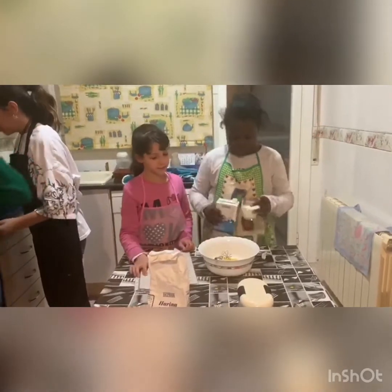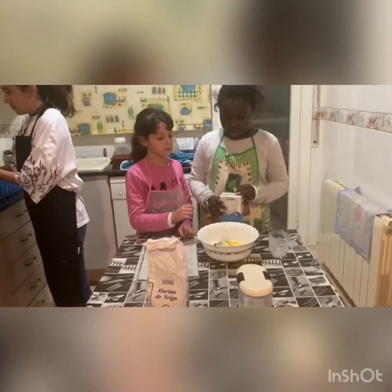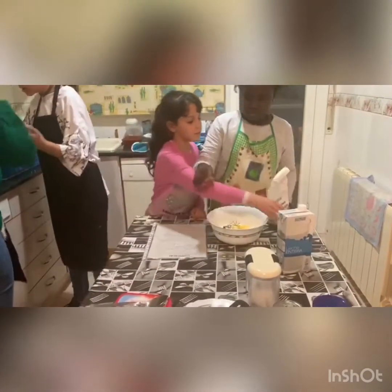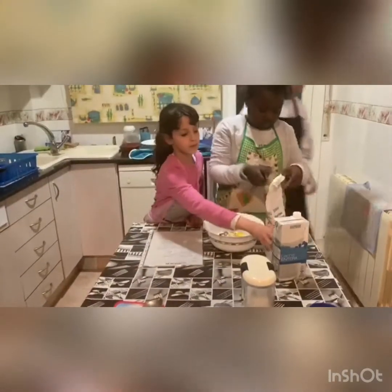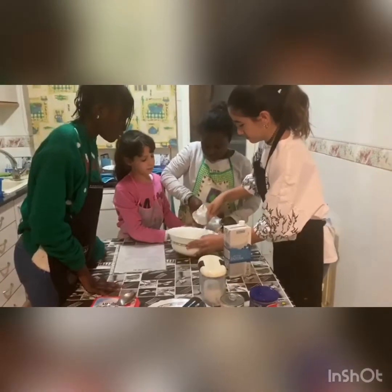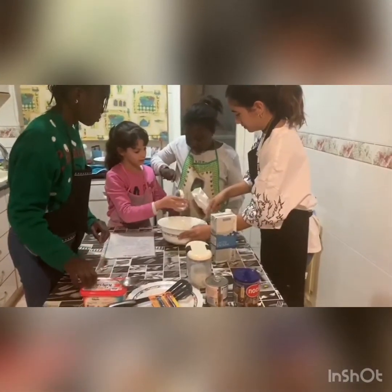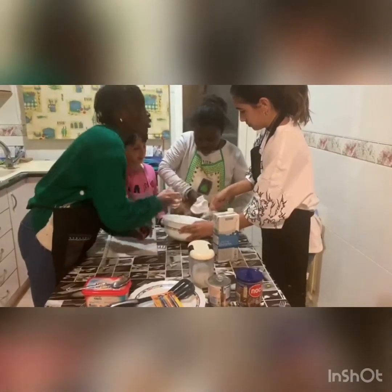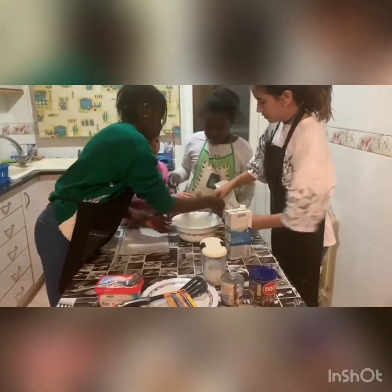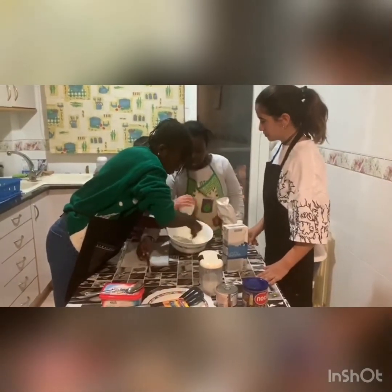One glass milk, and 1 glass flour. After you mix,